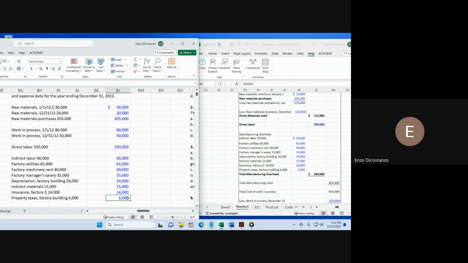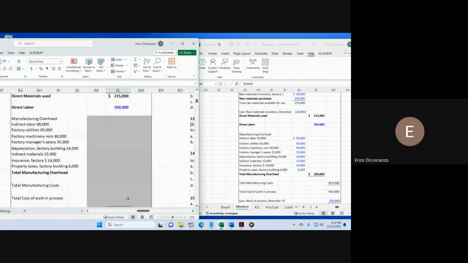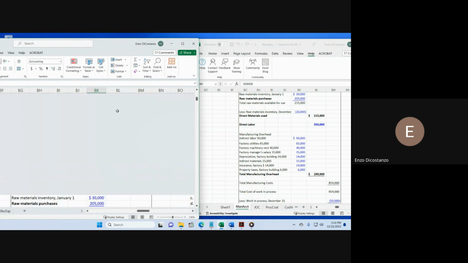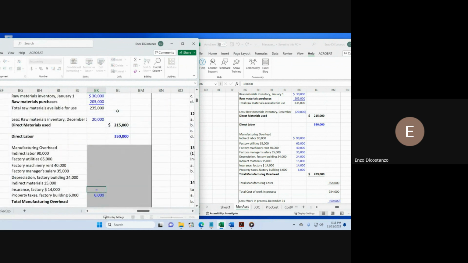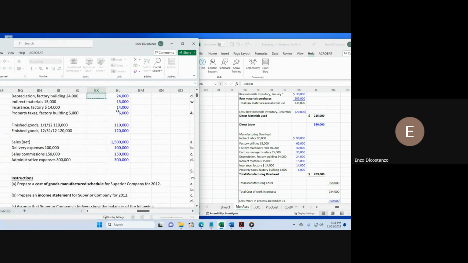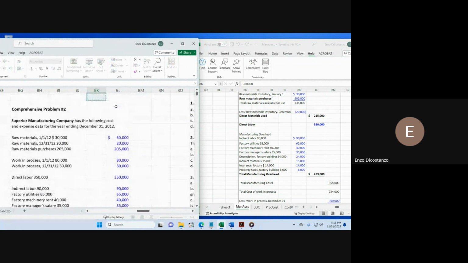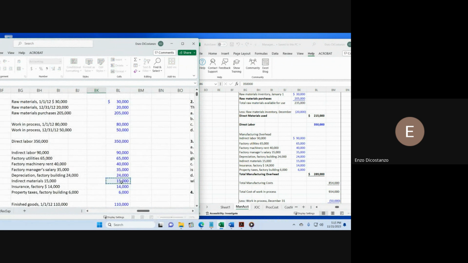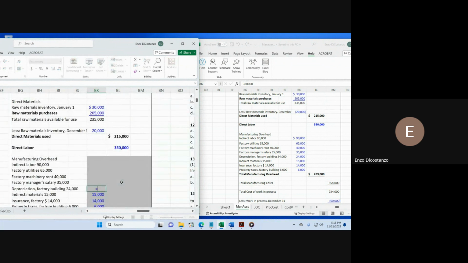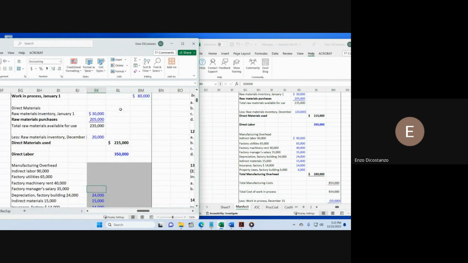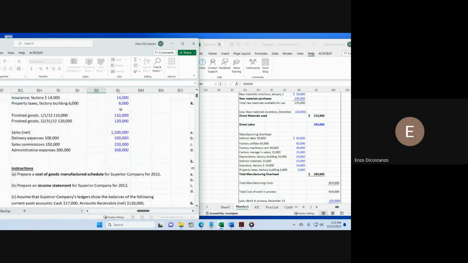This is that 6,000. Here's 14. There's 15. There's 24, right? Again, all referring to